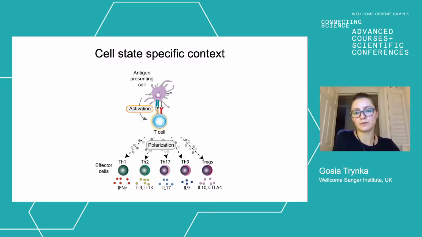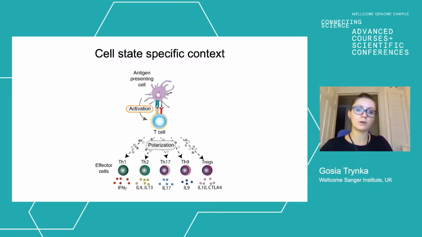And again, focusing on CD4 T cells, such context can be, for example, provided by different expression of or different presence of cytokines in the environment. So as I mentioned, CD4 T cells play a critical role in directing the response of the immune system. And one way through which this is achieved is when CD4 T cells are activated, the presence of the cytokines in the environment helps T cells to acquire different phenotypes. And then depending on the phenotypes that they acquire, they go on to communicate with other immune cells in specific